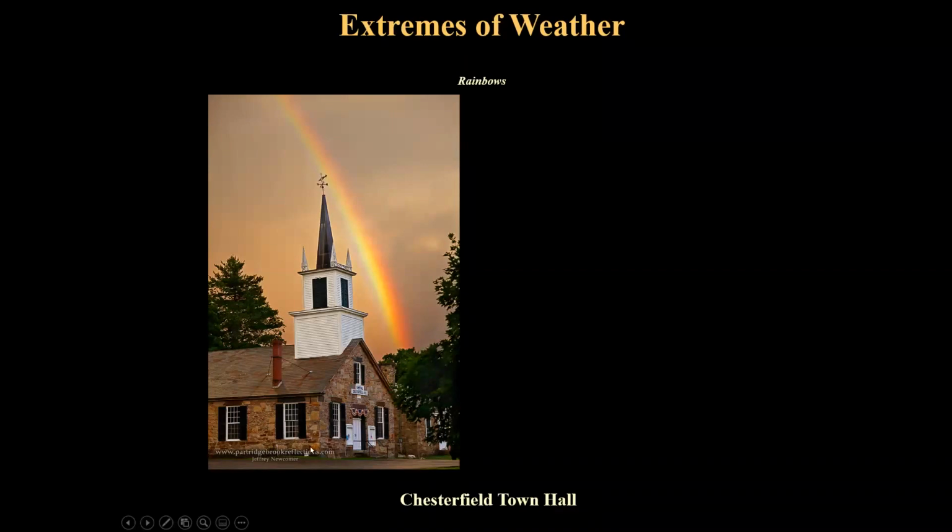This rainbow, I was at home in my office. I looked out, the storm had just passed. I looked out and there was this nice rainbow. The first thing I think about when I see a rainbow is what can I put in front of it to make it interesting? Broken record about context, but that's the thing I think about, is finding something interesting to put in the image. And with a rainbow, they tend to fade fairly quickly, so you need to have something